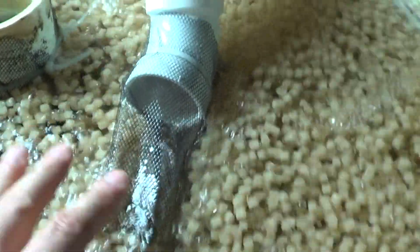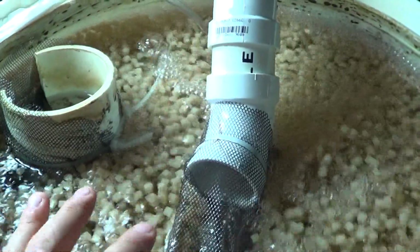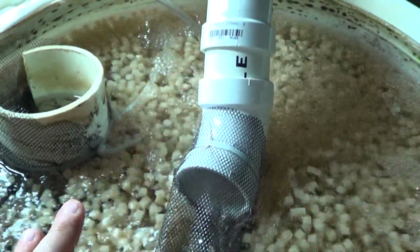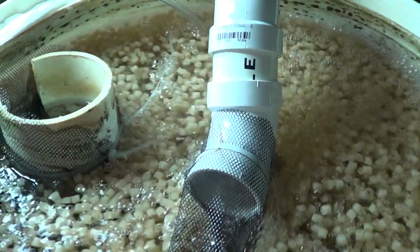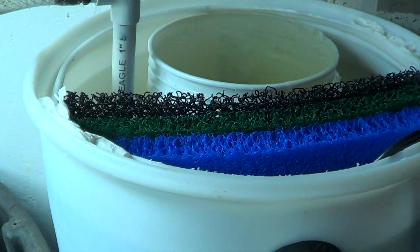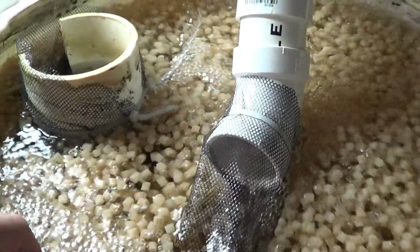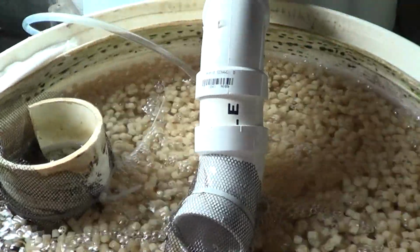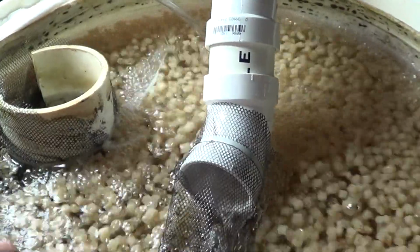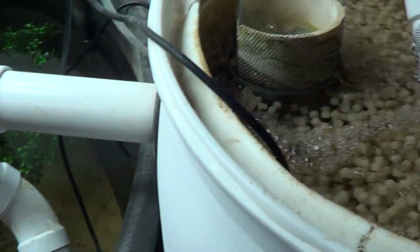One other thing that I might add to this system somewhere is some polishing pad, whether it's a micron sock or maybe a blue bonded filter pad up there somewhere. Something to take the really fine particles out of the water, because I did notice that some of the fine particles are still in suspension, and I do want to remove those as well, just to keep the water a little bit clear. So anyways, from there, the water spills out over here and through our fun little slide again,